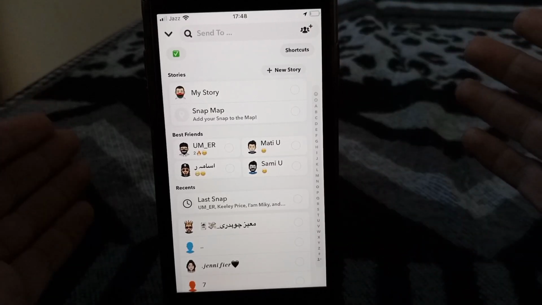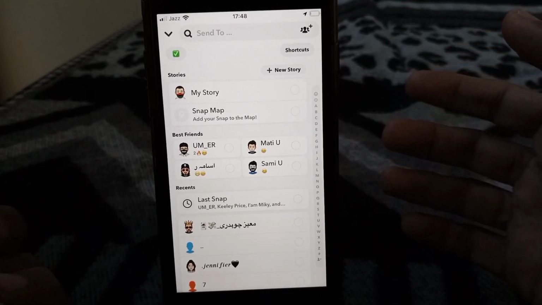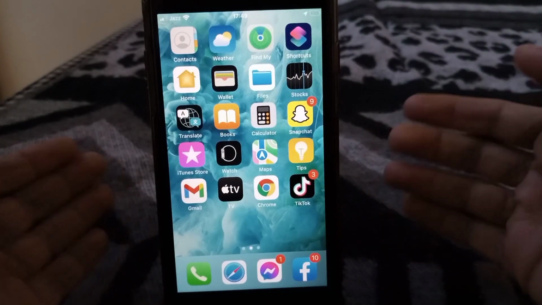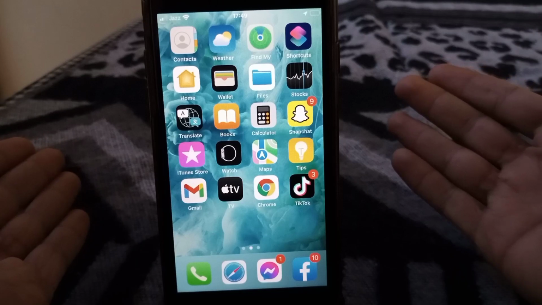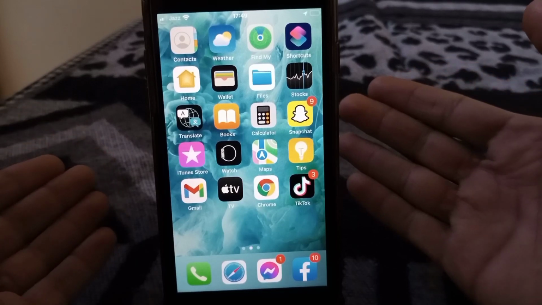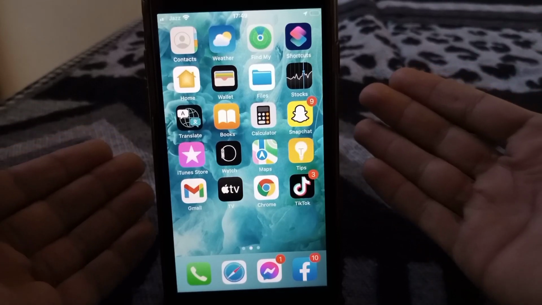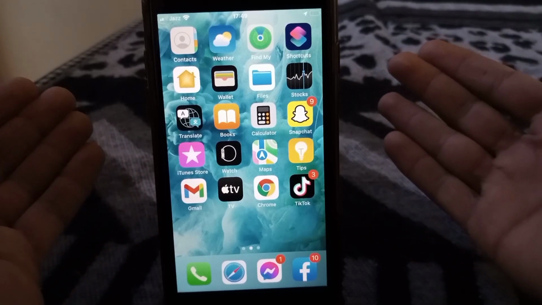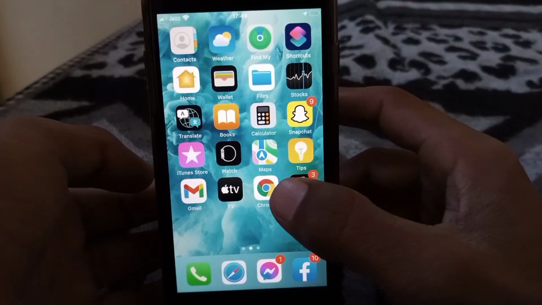So guys, if it's not showing on your mobile, what you have to do is just simply go back and update your Snapchat to the latest version and then check whether the problem has been fixed or not. So guys, if the problem is still not fixed, then just simply open any